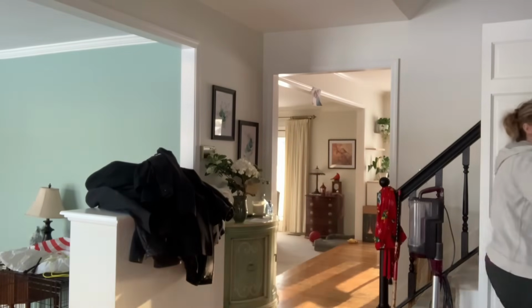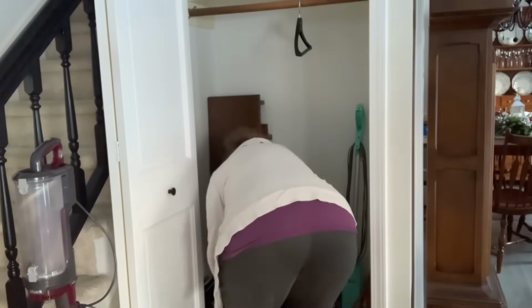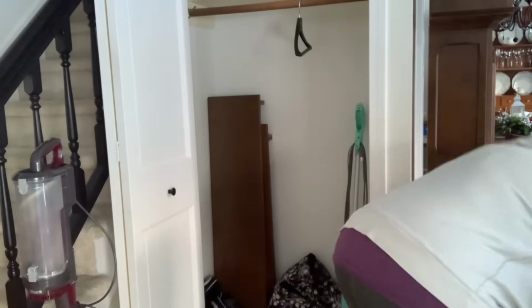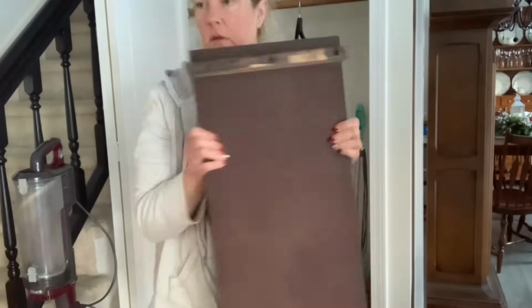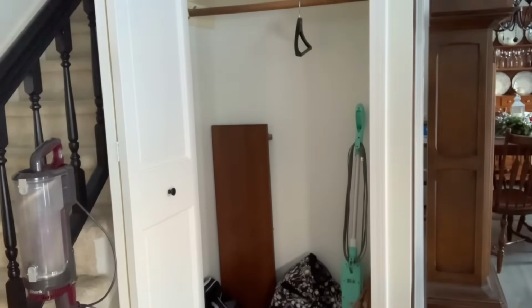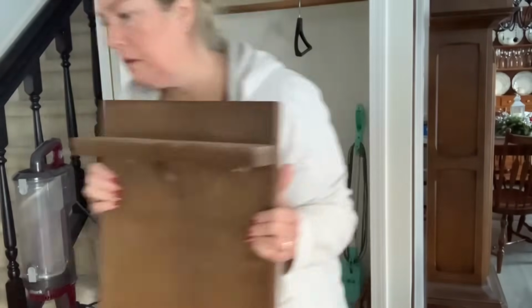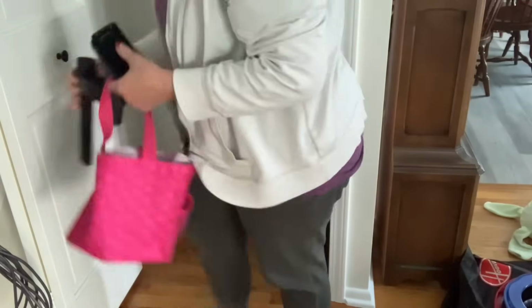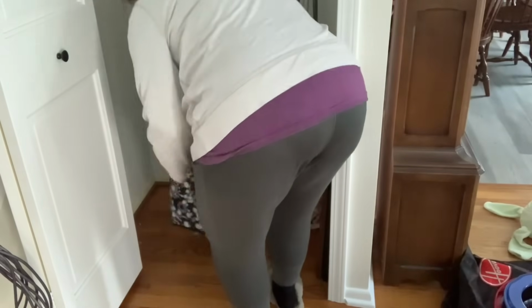Someone commented on my video a couple weeks ago about this closet, saying something like, I remember your first declutter. It all started with a closet. You just wanted to fit your vacuum cleaner inside of the closet instead of having it out, which is exactly what I accomplished at that time. But it's just funny, one little closet had a ripple effect through my whole house, and I ended up decluttering my whole house. So we are back now where we started,